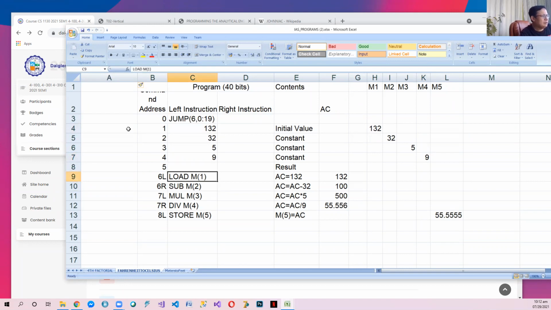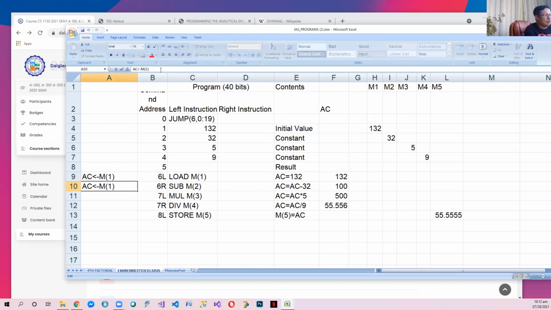Okay, so load M1. M1 means AC receives M of 1. So what actually happens is AC receives 132. So this becomes 132. And then sub M2 means AC receives